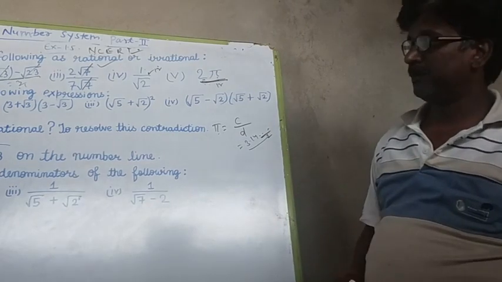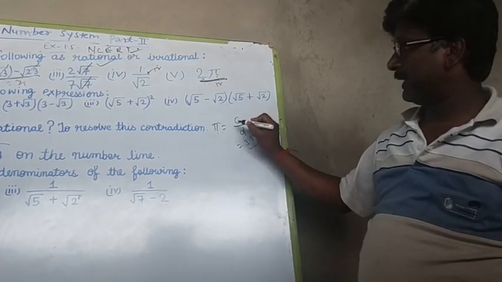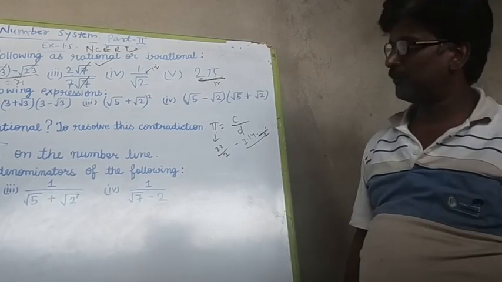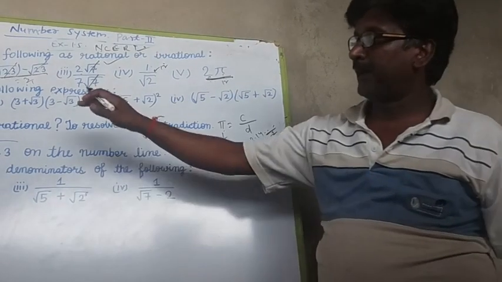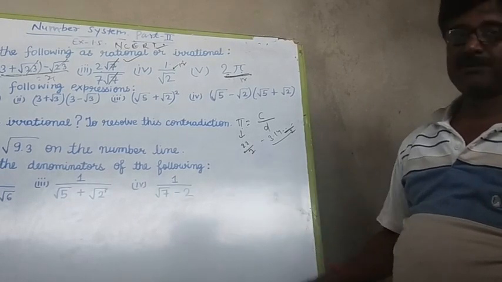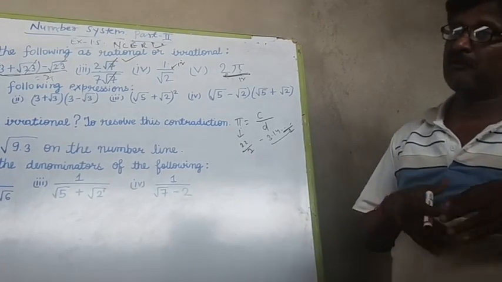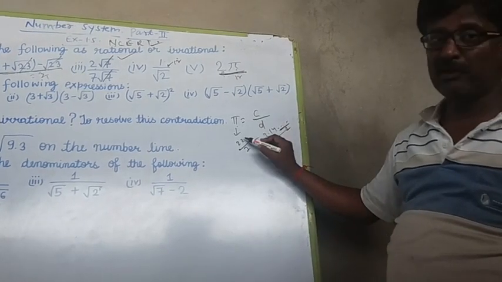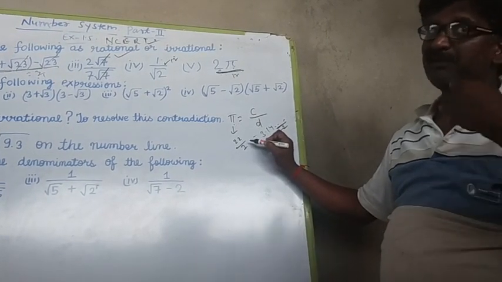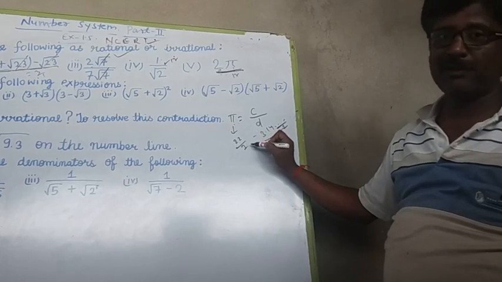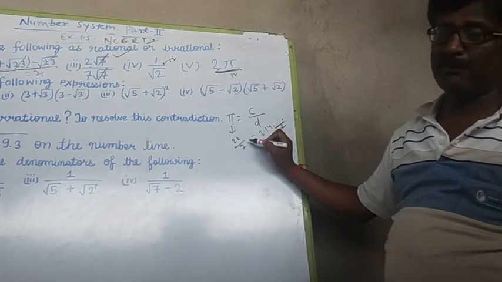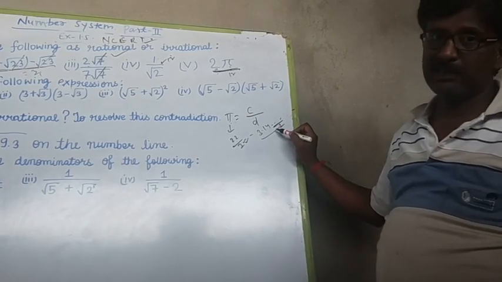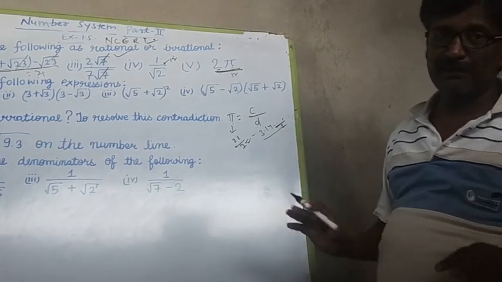Okay, but conventionally we take the value of pi as 22 by 7. In a reference book somewhere the question is why pi is irrational and 22 by 7 is rational. Actually the value of pi is not 22 by 7, but conventionally we take the value of pi as 22 by 7. This lies in the form of p by q, so this is a rational number, but pi itself is an irrational number. Okay. Have you understood question number 1 and 3?